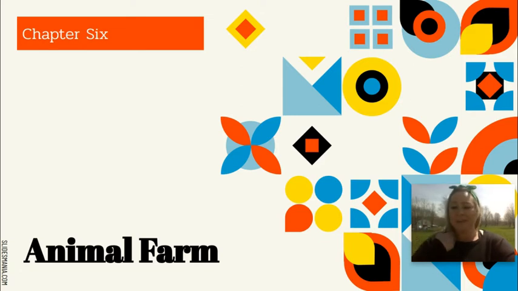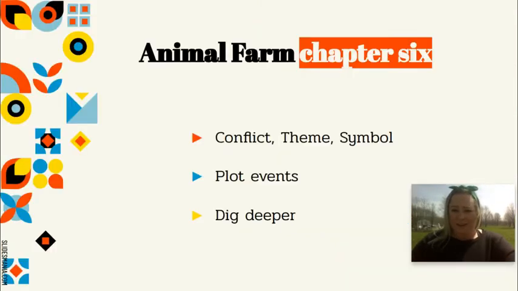Today, we're going to be going over Chapter 6 in Animal Farm. And by now, you should have read Chapter 6, and you also should have completed your questions in the Google Classroom. Some topics that we'll cover for Chapter 6: like always, we'll be going over some literary terms, and today we're going to focus on conflict, theme, and symbol in the chapter. We're going to go over some of the plot events in Chapter 6, and we're also going to be digging deeper, returning to those concepts from yesterday of revisionist history and gaslighting, and touching on some more propaganda techniques.